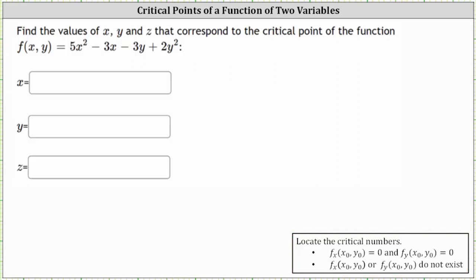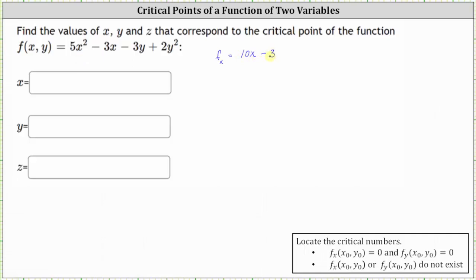So we need to begin by determining the first-order partial derivatives. Let's first find the partial of f with respect to x. To do this, we differentiate f of x comma y with respect to x, treating y as a constant. The derivative of 5x squared with respect to x is 10x, minus the derivative of 3x with respect to x,